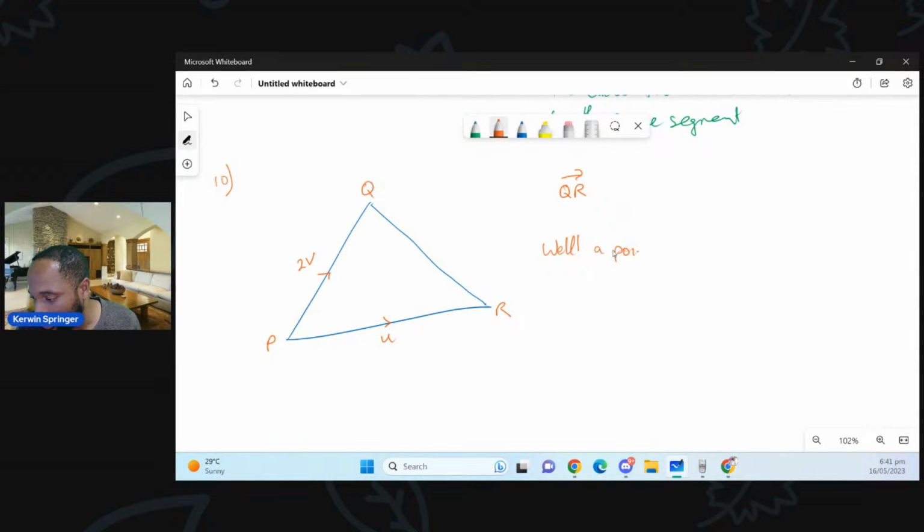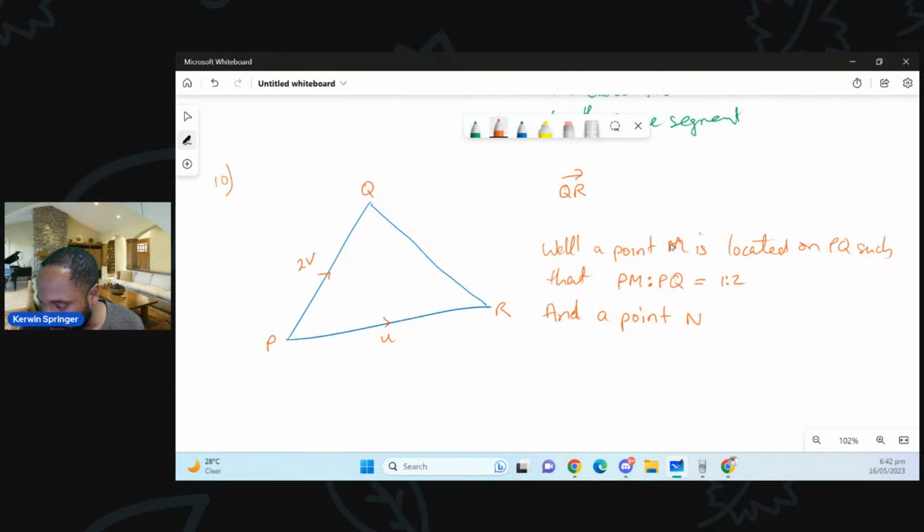A point M is located on PQ such that P to M compared to P to Q is equal to 1 to 2. Find, which is, let me add in the next one. And a point